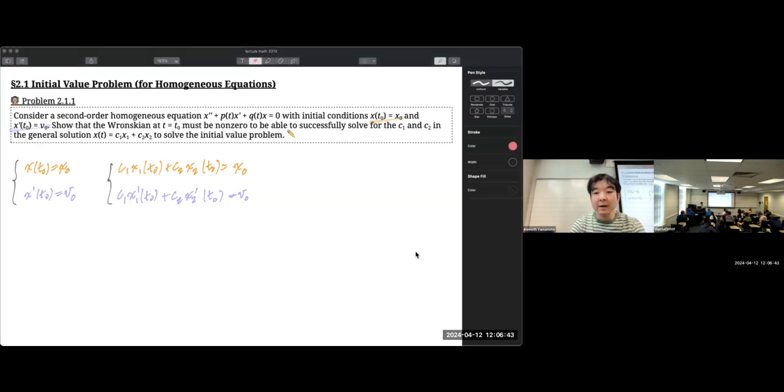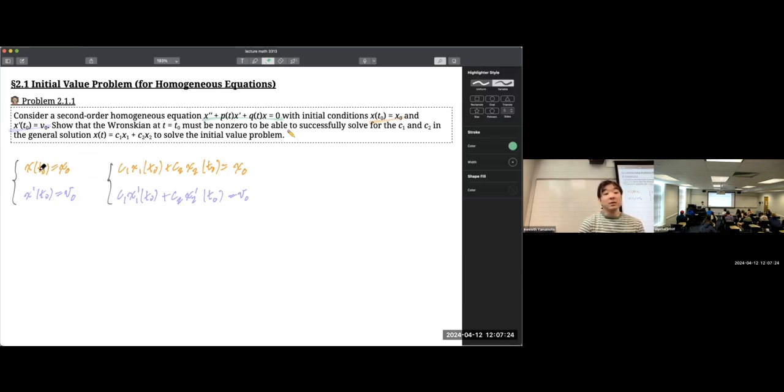So suppose you have some homogeneous solution x of t, so this is our homogeneous equation. I'm looking at a homogeneous equation because I wanted to point something out about our x1s and x2s. They have to be a certain thing. You can't have any old x1 and x2. Let's say you solve this homogeneous equation, and we always said that you have two homogeneous solutions for a second order equation, x1 and x2, each multiplied by constants c1 and c2. And if you want to solve an initial value problem where your initial condition is this and your derivative condition is this,